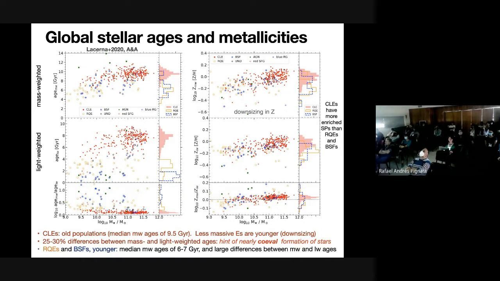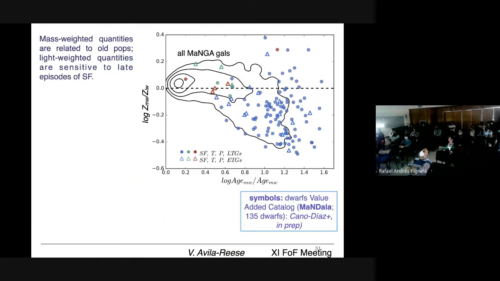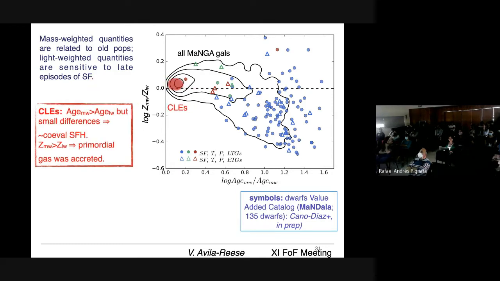An interesting question is the ratio of mass-weighted to light-weighted quantities. Why? Because mass-weighted quantities are related to the old populations, since we are tracing the mass; the age or the metallicity is related to all populations. While light-weighted quantities are sensitive to late episodes of star formation. So when we plot these ratios, the metallicity mass-weighted to luminosity-weighted and the age mass-weighted to luminosity-weighted,